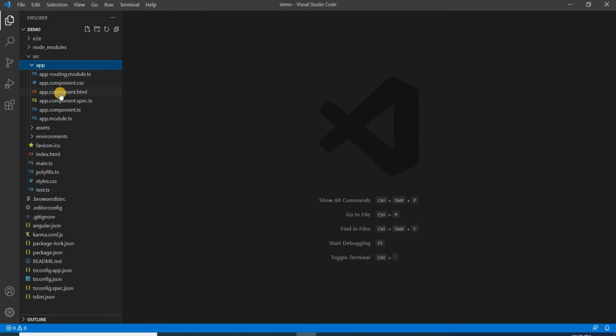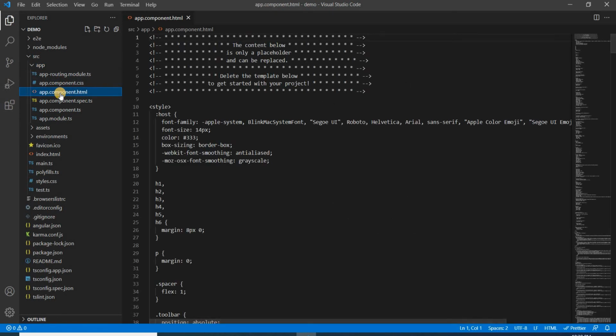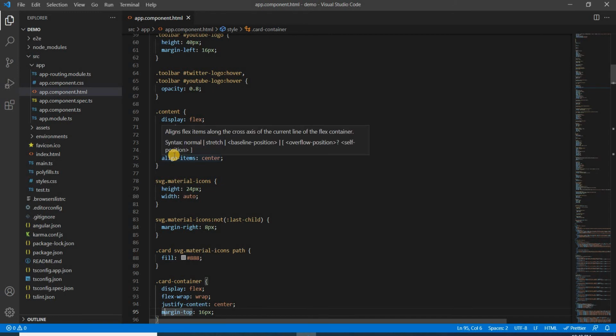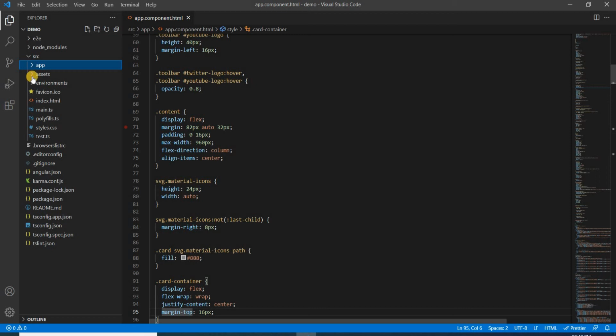So this is the main component which is visible at the front end. Right now if I run this particular project, whatever I have written here inside app.component.html will be visible in the browser. This is just a starting point, so I will not explain all these components and modules, because there will be special videos on each in the upcoming videos.